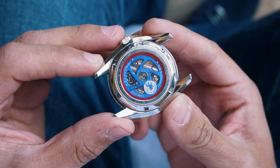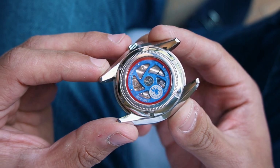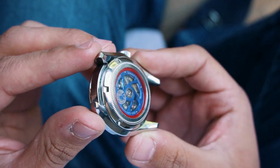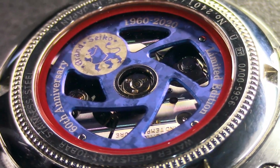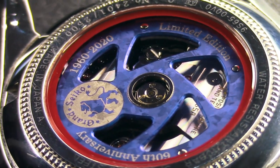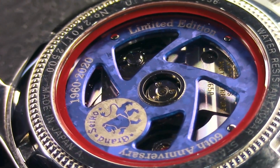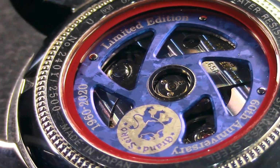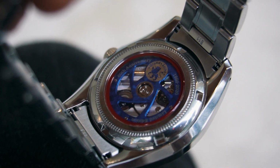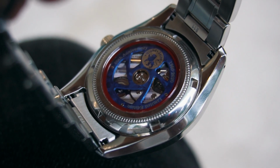If you turn the watch around, you can see the movement, which makes me have a love-hate relationship with it. I like it because the rotor is really cool. It is blue titanium with a red ring, also inspired by the morning sun. But I wish I could see more of the caliber 9S65, and I wish I could see more of the finishing of the movement. Like I said, I really like the rotor, but I wish I could see more of